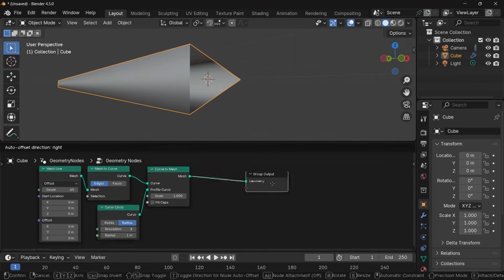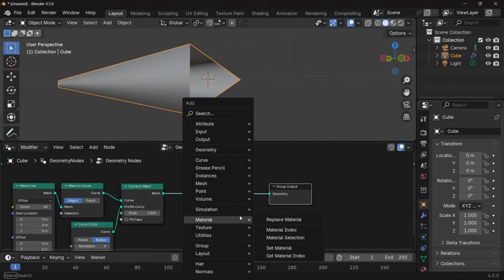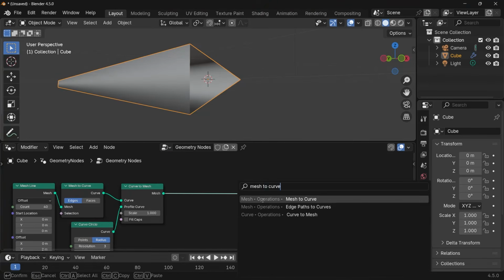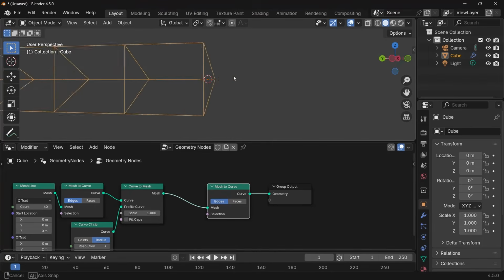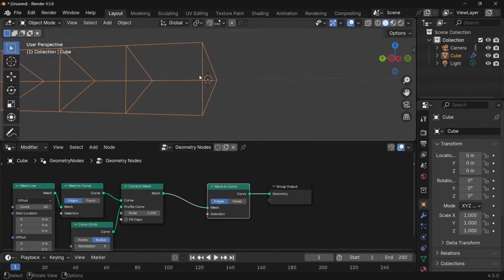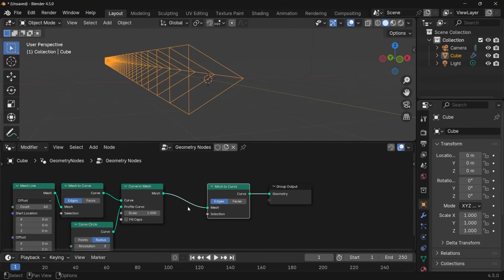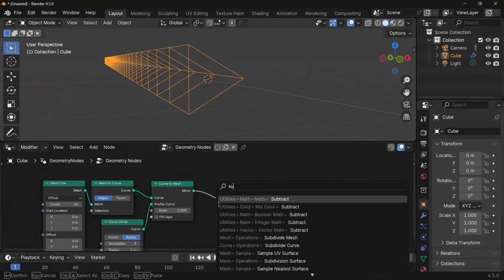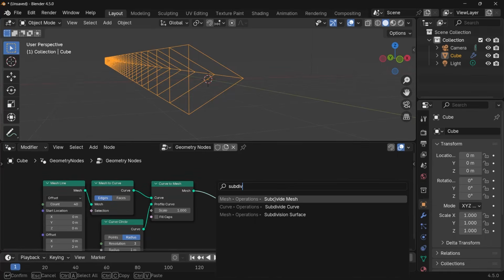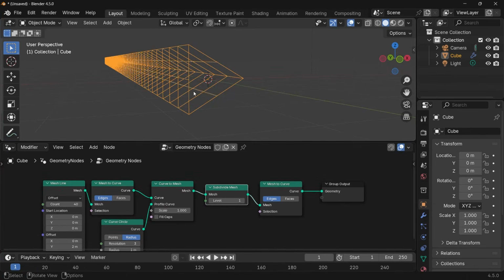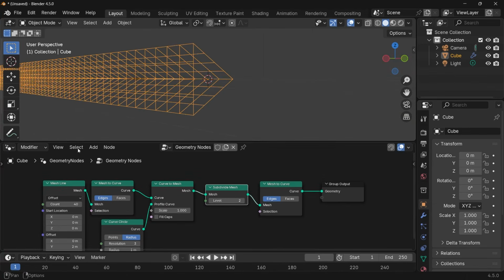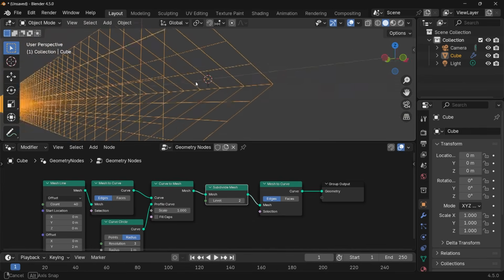Let's actually see the grid by converting this back to a curve by pressing Shift A and searching for a mesh to curve node. Now, if we actually look at this mesh, you can see that the resolution is not too high. We would want some lines to go through the middle as well. So to introduce those lines, we can press Shift A and search for a subdivide mesh node and plug that in right after the curve to mesh. So now we can increase the level to something like 2